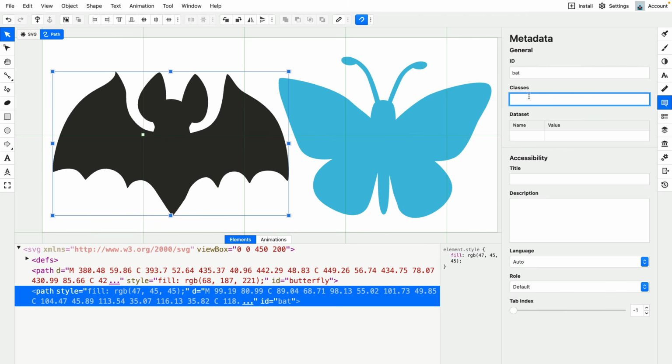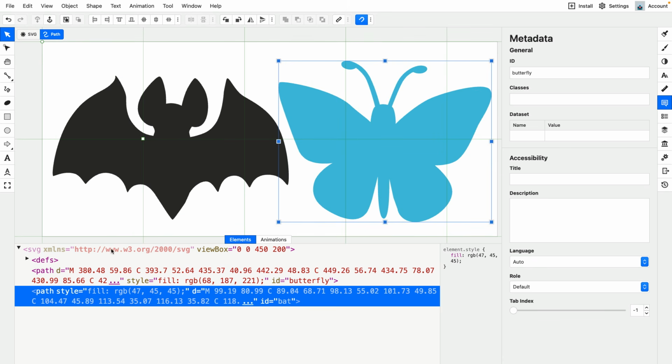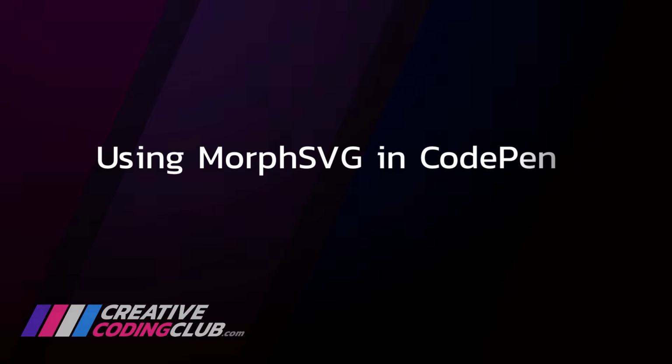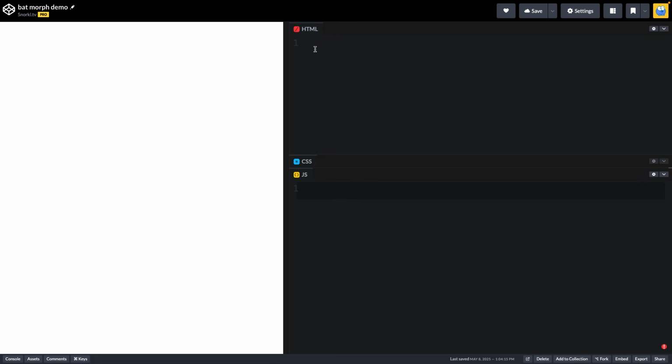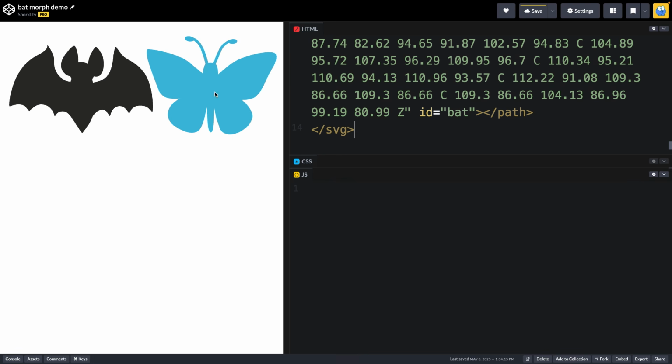So what we're going to do first is we're going to very simply morph the bat into the butterfly. So let's go ahead, right click, and copy outer SVG, head into CodePen to build our animation. Here in CodePen, I'm just going to paste in that SVG code and you'll see that it renders right here in our preview panel. Now in order to animate this, I'm going to need to go to my JavaScript panel,